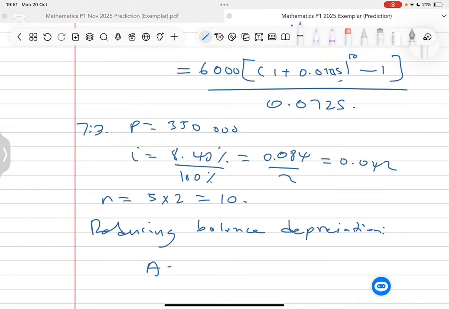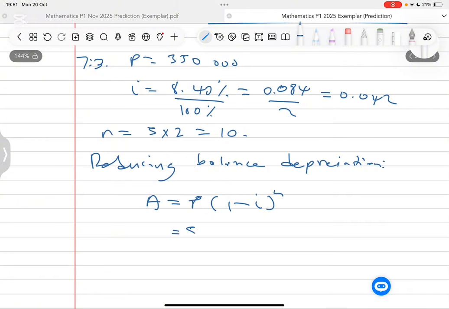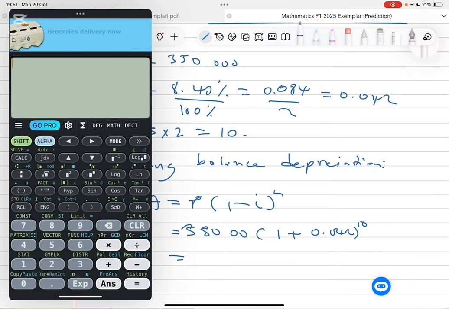Reducing balance is given by A equals P times (1 minus i) to the power n. Remember, now it's a subtraction, 1 minus, because it's losing value. We're saying the machine cost 350,000, times (1 minus the interest), which we said is 0.042, to the power 10. And this should give us a value of